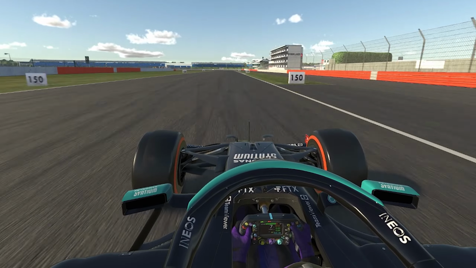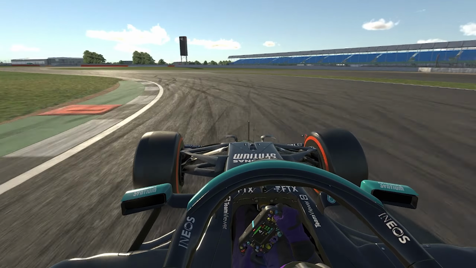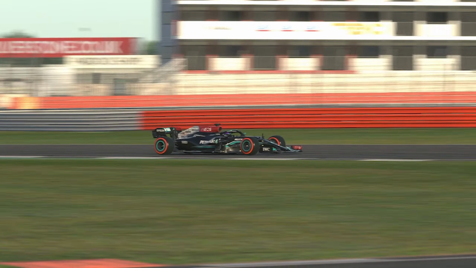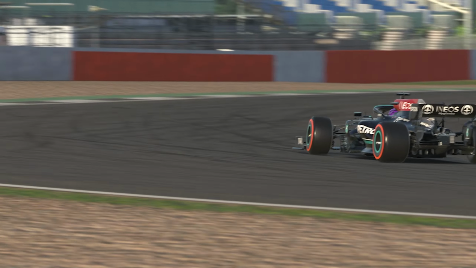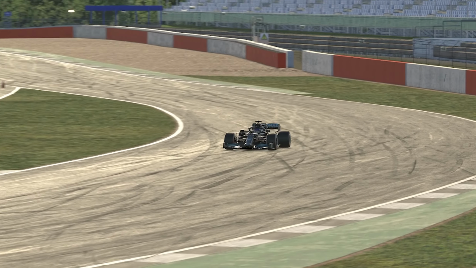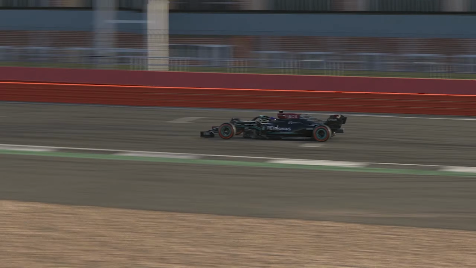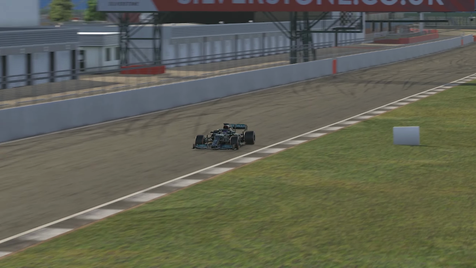iRacing just released their 2022 Season 1 build. With it came the Mercedes AMG F1 W12 car. This is the car that's currently being raced in F1 by Lewis Hamilton and Valtteri Bottas. The W12 is powered by a 1.6-liter turbo V6 hybrid engine producing over 1,000 horsepower, and now you can race